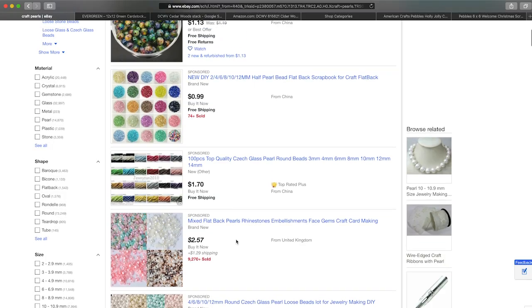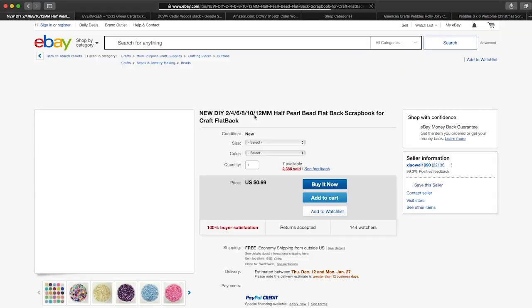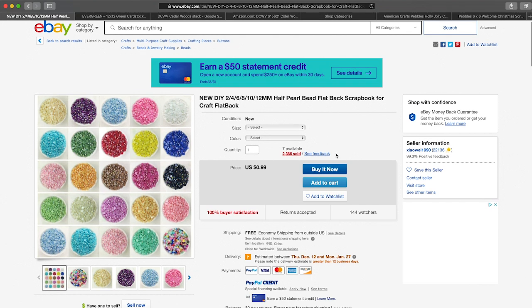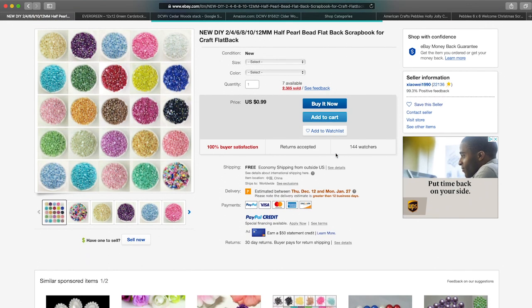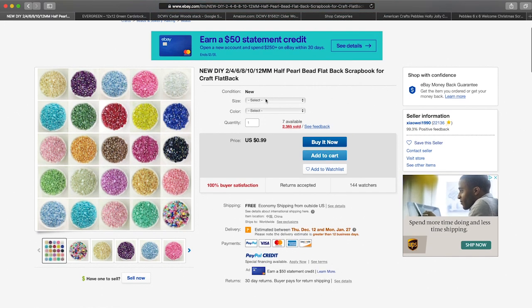And it's really not worth spending $8, even with a $4 coupon, to get a tiny little sheet of pearls when you can get them in bulk at various sizes on Etsy. Now, it may take a little bit longer for them to get to you because some of this stuff comes from overseas. But you can see here